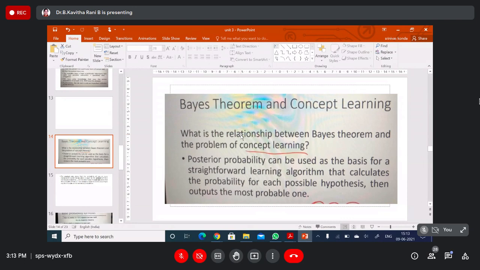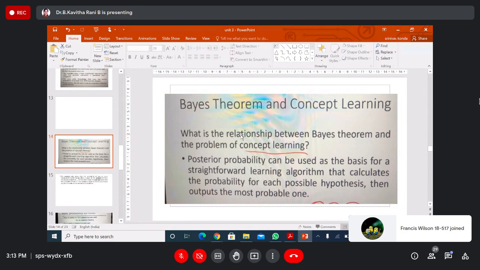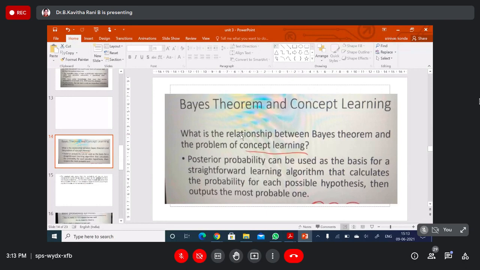So when we give some data to the model, what will happen? The model will be adjusted to that data, and the model will be developed. When we give any new data to the system, it provides some output which is generalized to that particular data. By training examples, the machine will understand the behavior of the data, which attribute is playing an important role in predicting the output. So for that purpose we are using Bayes theorem